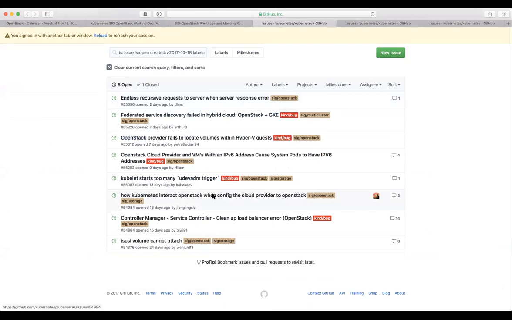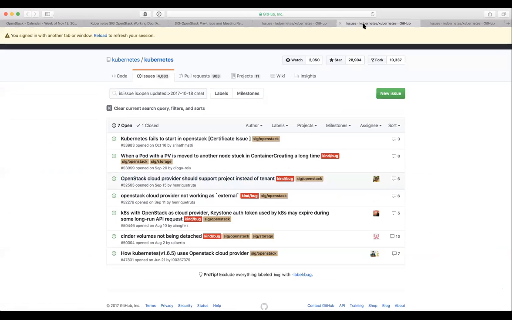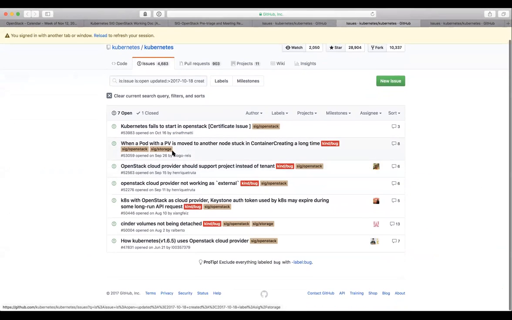So that looks like all of the new issues. There are older issues that are still open. A few things, like there's a certificate issue. Some of these look like they may be